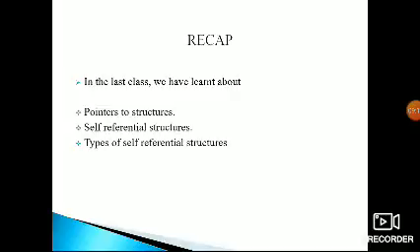What is a self-referential structure? A structure containing a pointer to the same type of structure is called a self-referential structure. The structure can have one or more pointers which point to the same type of structure as their members.